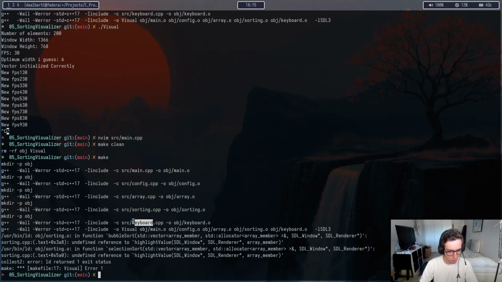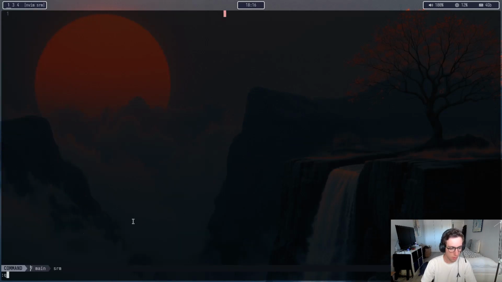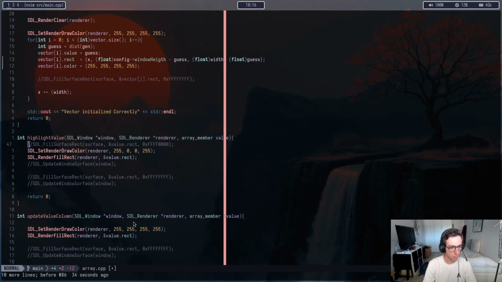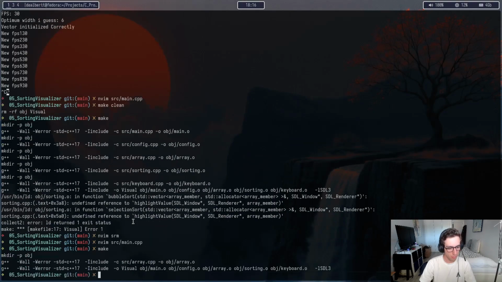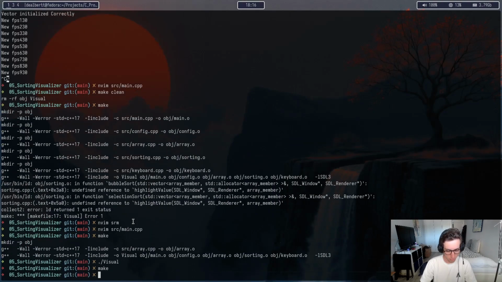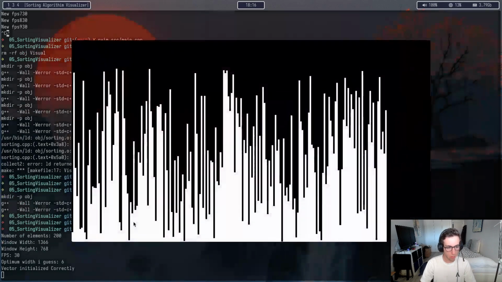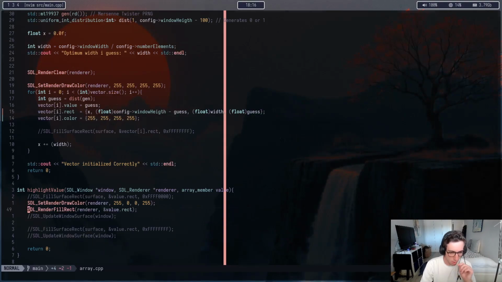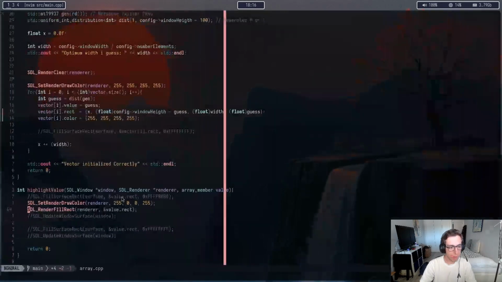Undefined reference to highlight value, so I do have it. My bad. Why is this not working? Oh, why am I so stupid and I messed just everything up, man? Holy fuck. Okay,